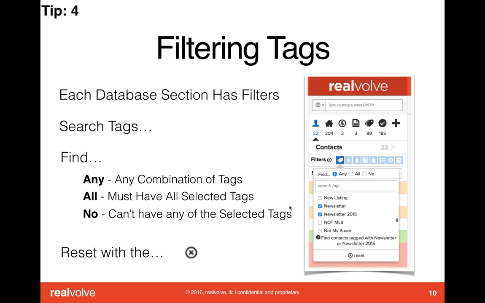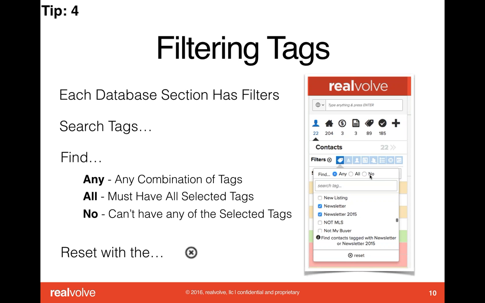The last option is the no option, which is they can't have any of the selected items. If you wanted to pull up everybody that's not currently on your newsletter list, you could choose the two newsletter options and you could choose no. So it's going to pull up everybody in your database that does not have either newsletter or newsletter 2015. Then you can go in, figure out if there's anybody you want to add to them. You can quickly add to that list. So